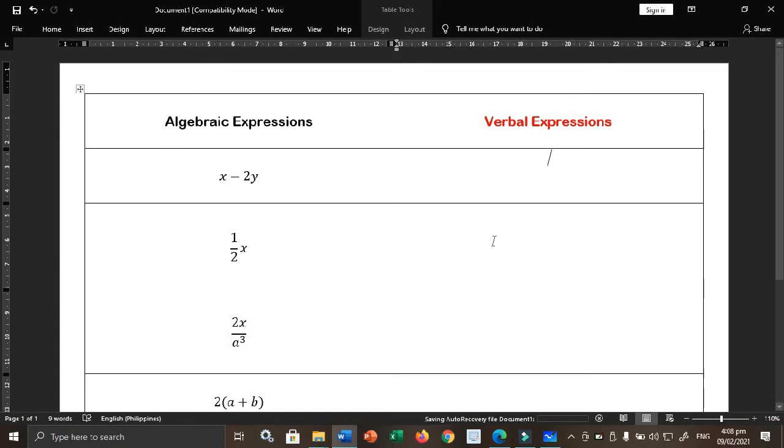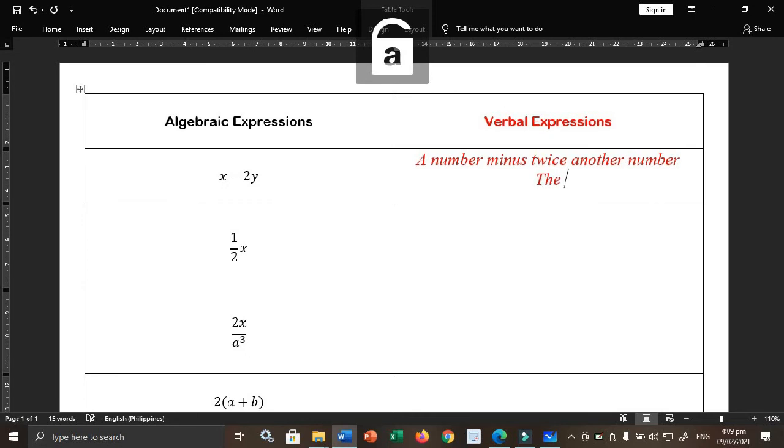So, we have x minus 2y. So, we can write x as a number. x is a variable kasi. So, a number minus, we have 2y. So, you need to write twice another number. Kasi we have another variable. So, we can write this algebraic expression as a number minus twice another number. Okay? Or the difference of